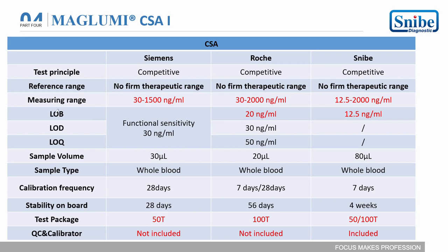If we talk about some more things in the second generation, you can see that we have an improved sample volume. In cyclosporin, we have not improved; it's also the same 80 microliter, and we have a whole blood sample volume. We have a measuring range between 30 and 2000, and the limit of blank, detection and quantification are defined very aggressively. If we talk about the calibration frequency, we have a 4 weeks onboard calibration frequency, and the stability